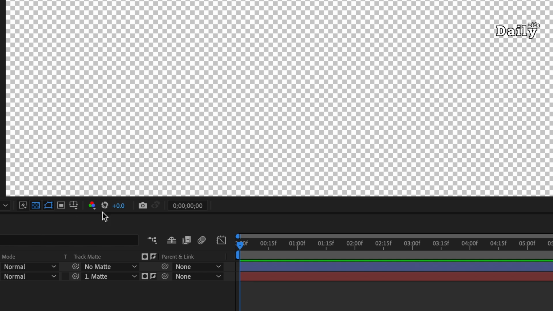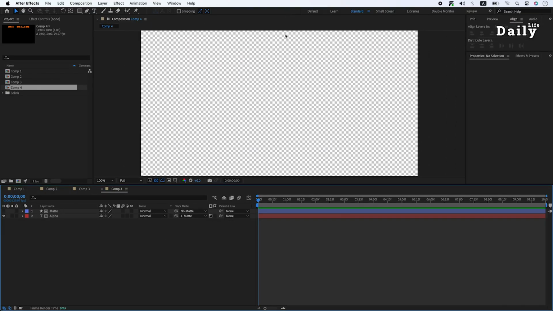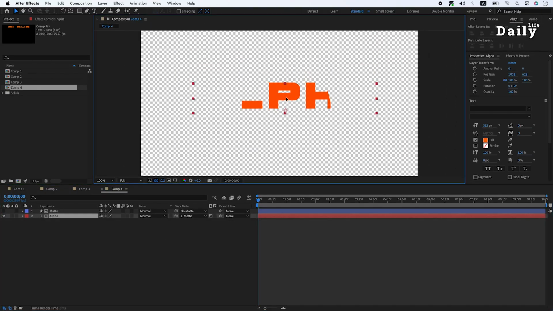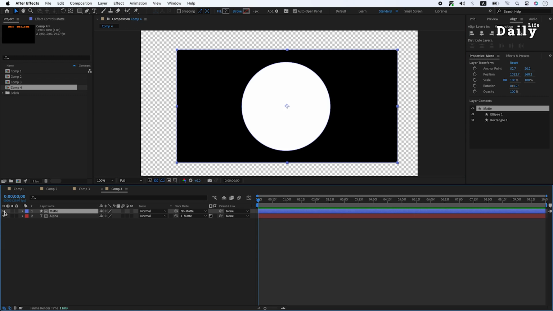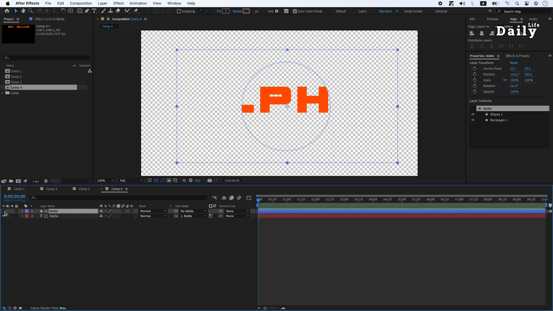What's luma? How can we change alpha to luma? I click on the alpha icon twice and change it to luma. Click on invert icon to disable it. Move the text and check the result. Luma considers black and white colors. Luma shows inside the white part of the matte layer. Look at the matte layer again. This is a black box containing a white circle on it. So, luma shows the text under the white part. Let's check luma inverted. Click the inverted luma icon. As you see, luma inverted does not consider the white part.